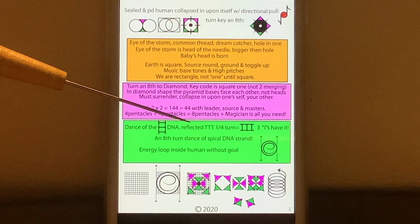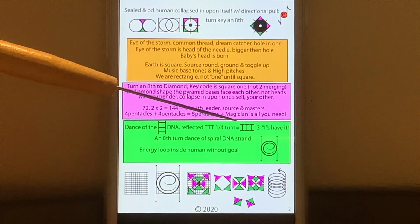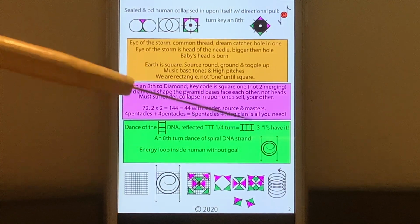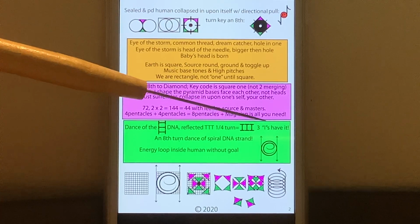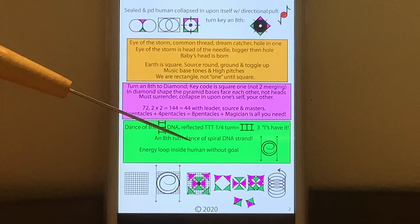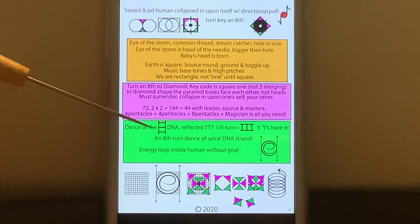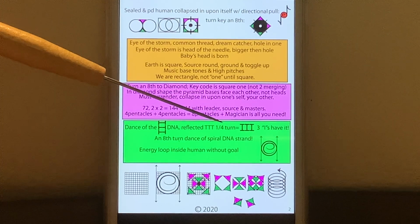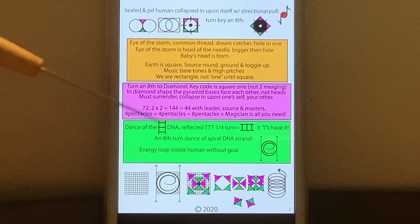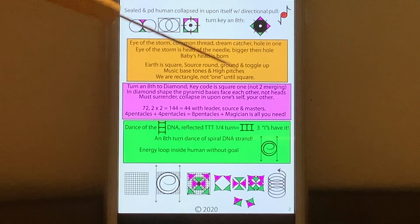The ladder, the reflected triple T's, with just a quarter turn becomes sideways. The 3 T's reflected upon themselves. The 3 eyes, they then become eyes. The 3 eyes have it. An eighth turn dance of the spiral DNA strand. So when you have the DNA representation here upright and then horizontal, if you do this in 3D motion, it then becomes the spiral, right? So the quarter turn represents the 3D imagery or the 2D imagery even. But when you go an eighth of a turn, it's representing the in-between or the